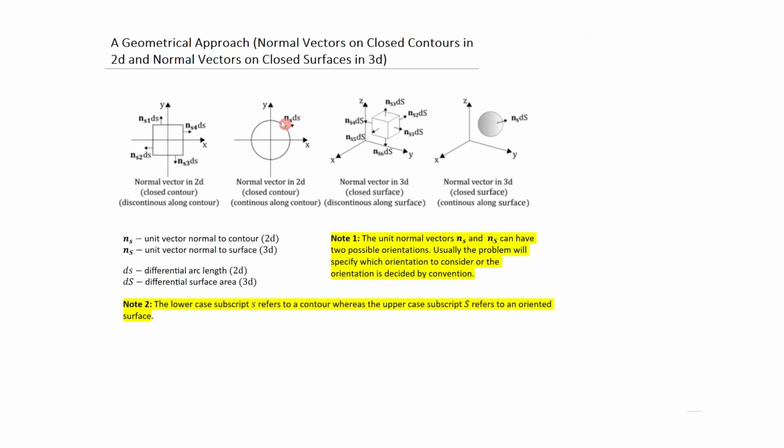All right, so next is, what about when we're dealing with normal vectors? So normal vectors in 2D, again, here we're looking at a vector pointing outward from this segment. And since this is not a smooth contour, it means that we have to define 4 different normal vectors. These, of course, are unit vectors and the differential arc length magnitude. This would be a closed contour, discontinuous along the contour, discontinuous in terms of differentiability. This is a smooth contour, so this could be easily described by one